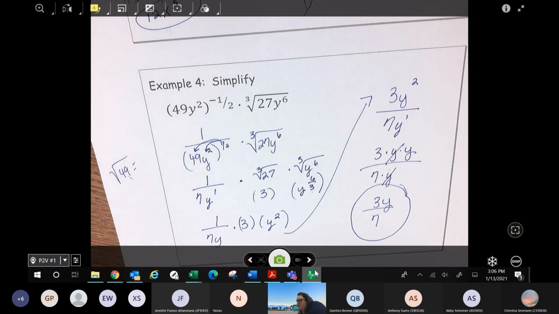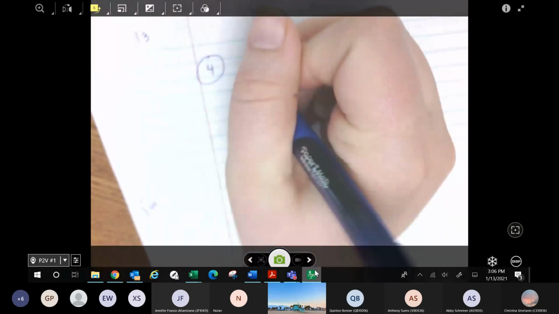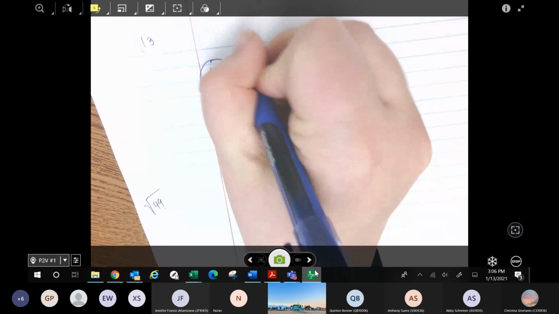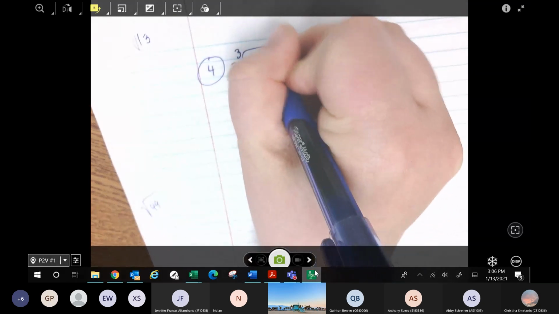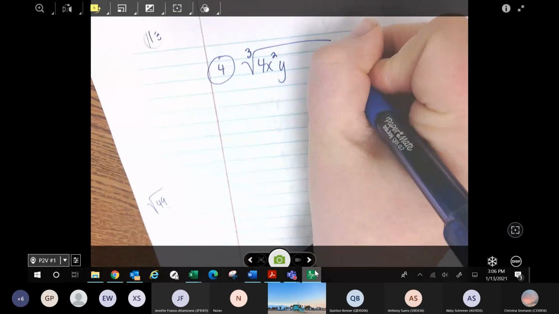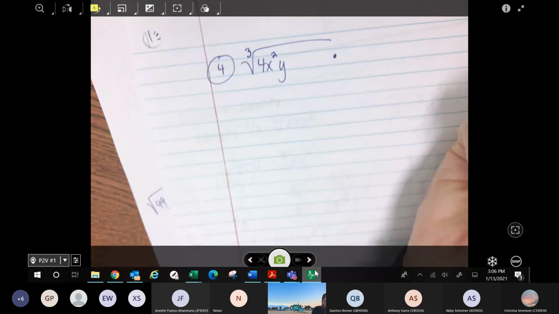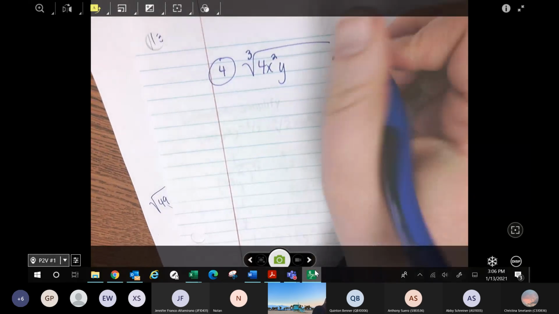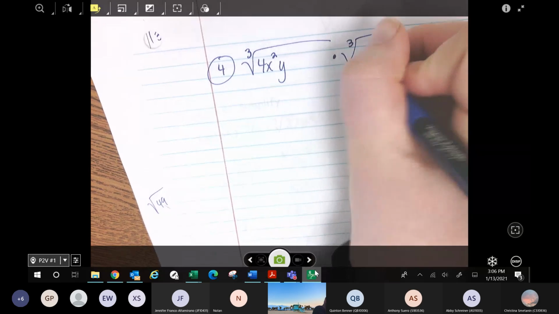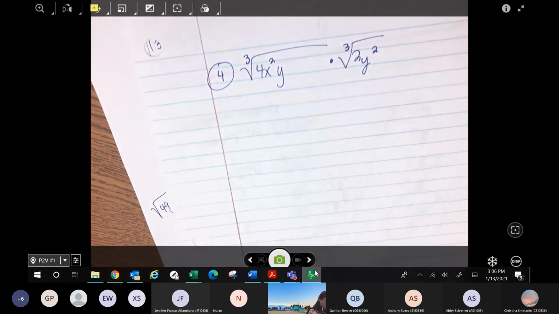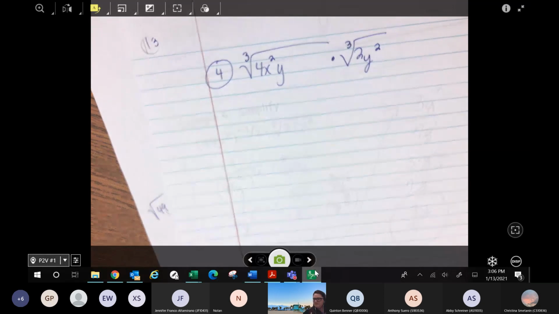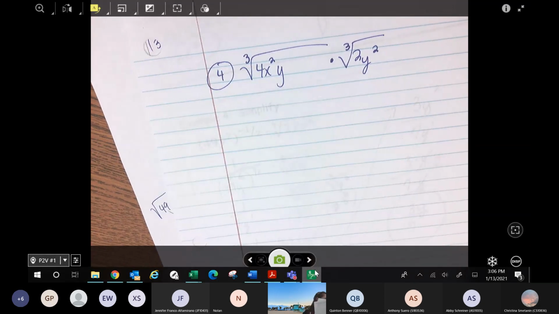Number 4 says you have the cubed root of 4x squared y. I didn't mean to make that root so long. Times the cubed root of 2y. Okay, work on that problem really quickly and then